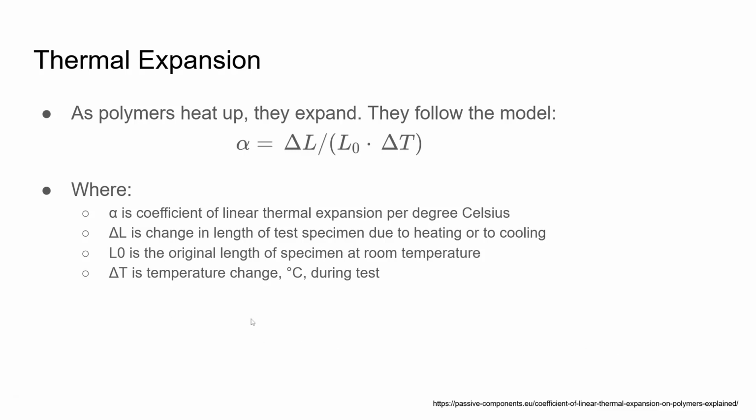So you have a piece of material and you measure it at room temperature, and then you change its temperature, you have a delta T, and then you measure the change in length, right? You measure the change in length due to that delta T, and that gives you the thermal coefficient of expansion, thermal expansion coefficient rather,